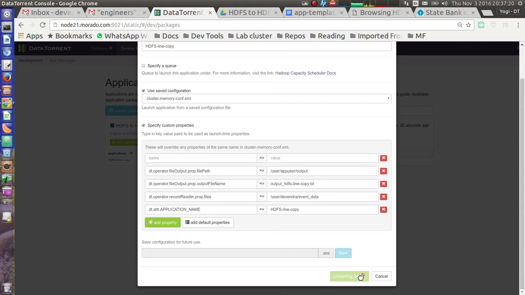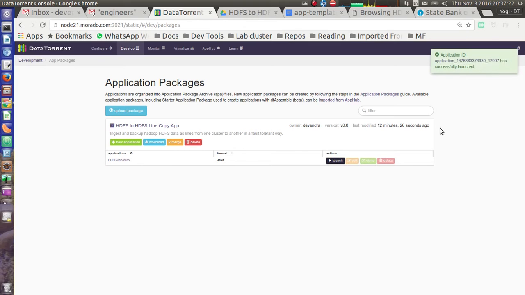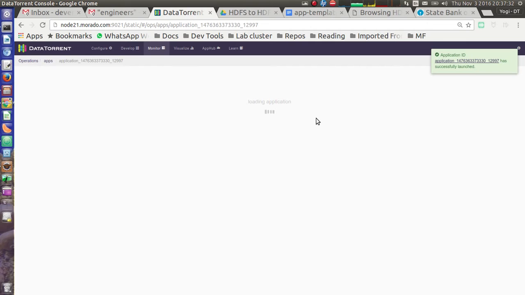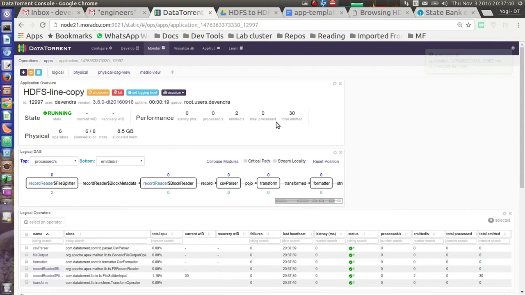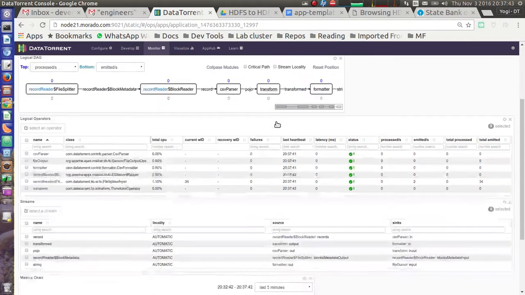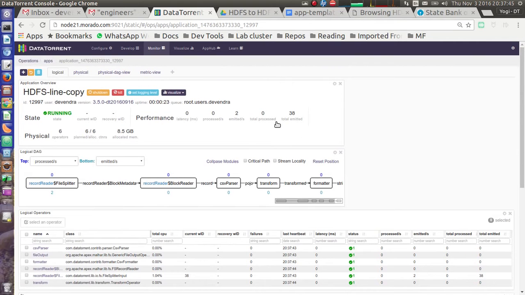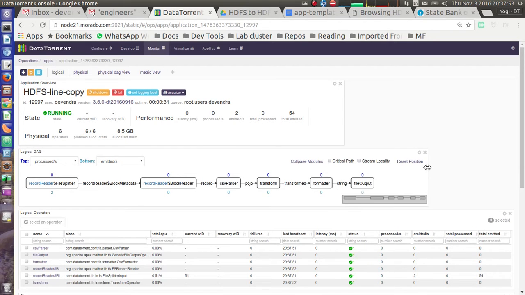We can see it says application is launching, and we can see the notification which says that application has launched successfully. If we click on the application ID, it navigates to the details page which shows details about the application instance, and we can see the logical DAG in this particular diagram on the logical tab.